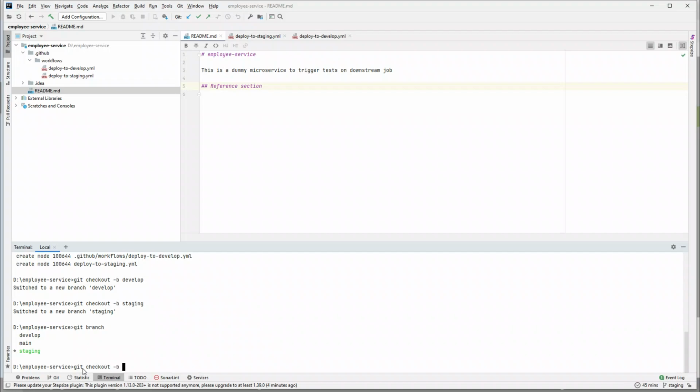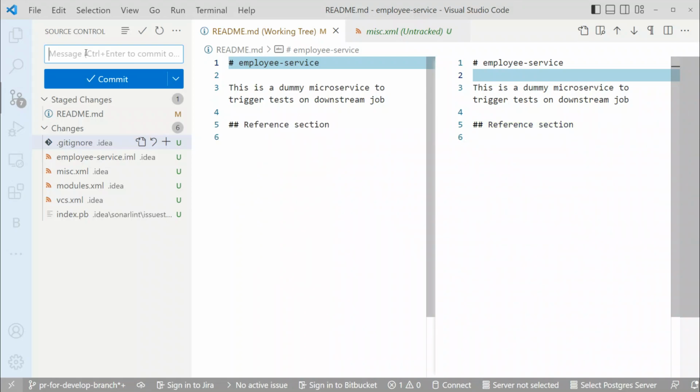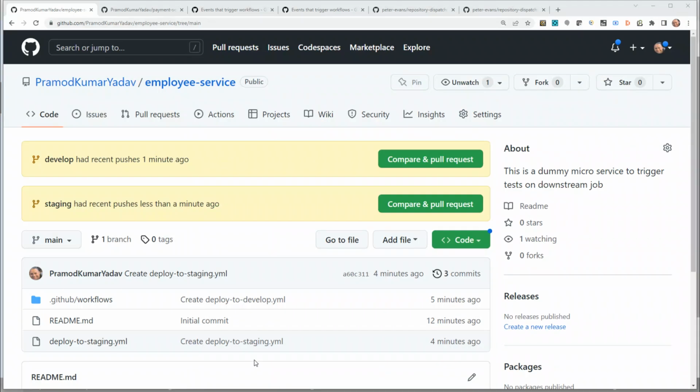Git checkout branch, PR for develop branch, right? And in this PR for develop branch, we can actually add this change, and let's just say updated readme, commit. And if I go back, Windows 2,